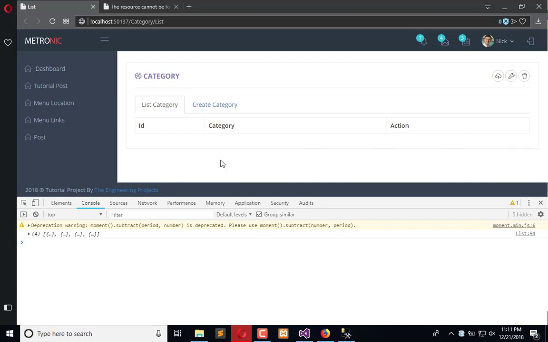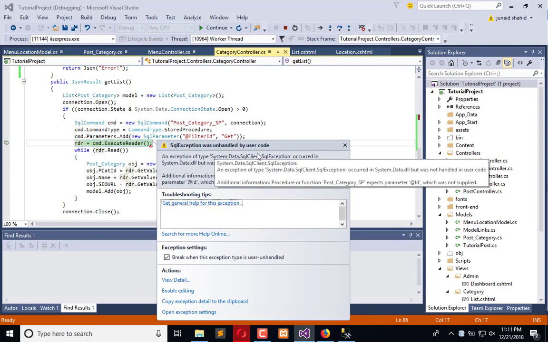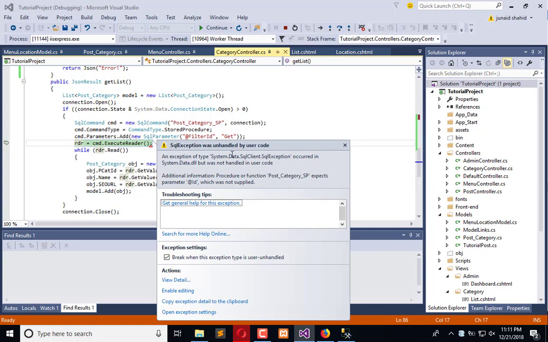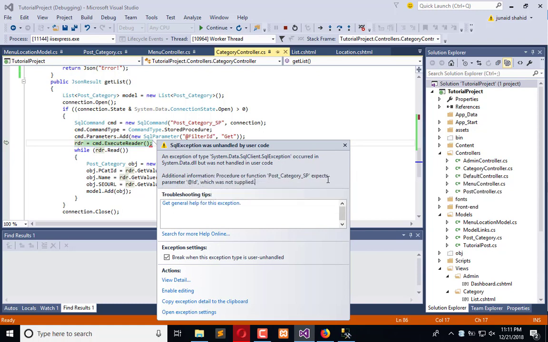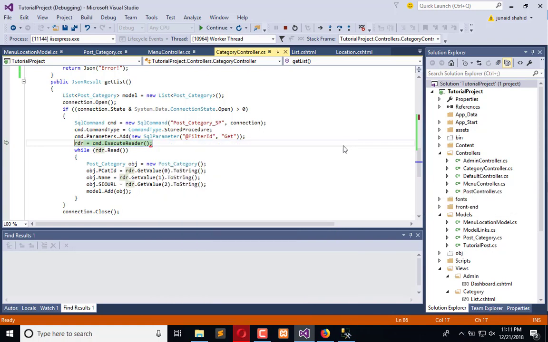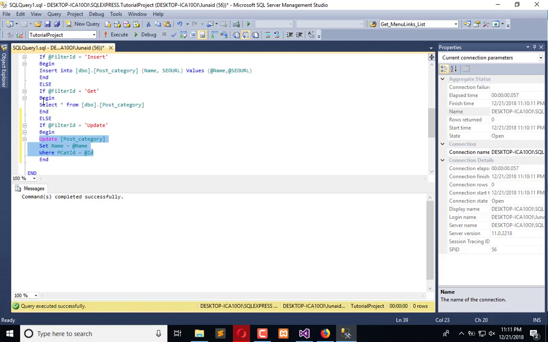So it's loading data. Okay, we have an exception here. Oops, expecting a parameter which was not supplied. Okay, here it is accepting the data. Oh yes, if begin and else if begin